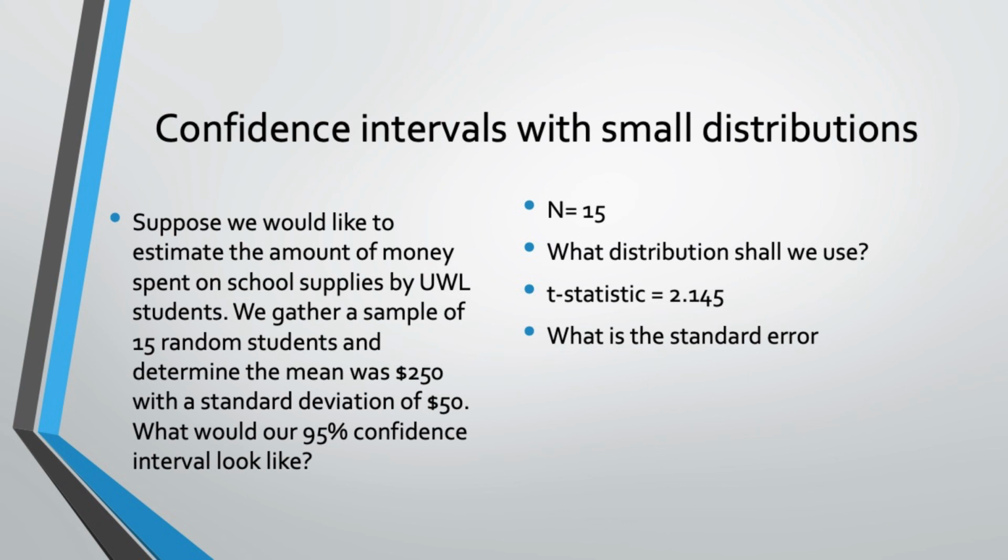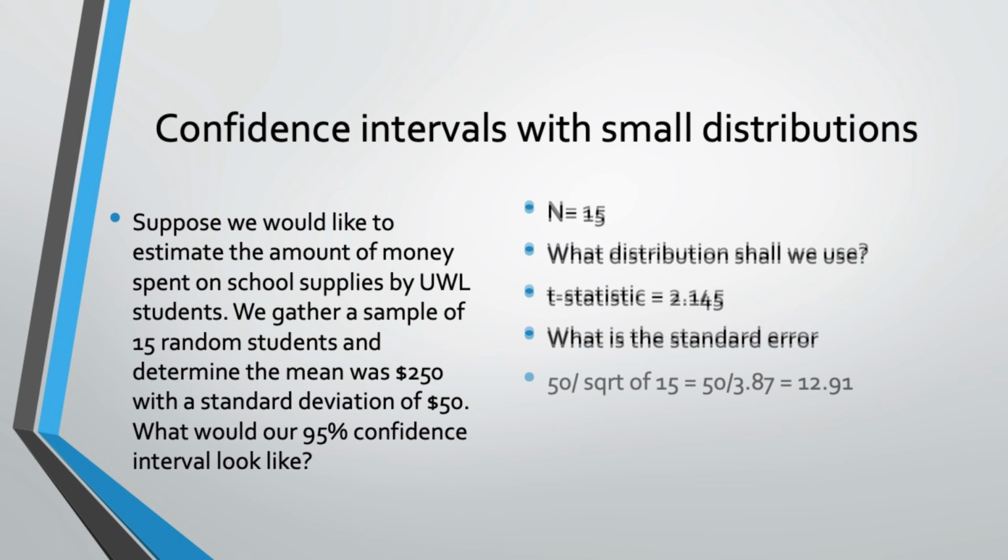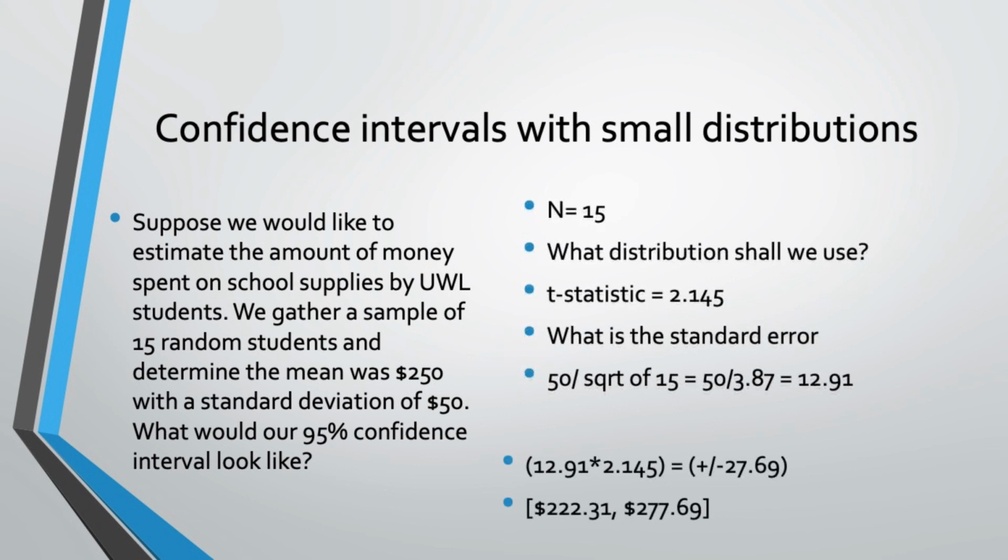Next, we need to determine the standard error. So we already know that the standard deviation is 50. We need to divide that by the square root of the sample size, which is 15. So the square root of 15 is 3.87. We take 50, divide it by 3.87, and that gives us a standard error of 12.91. Now we have all of our values. We just need to multiply the standard error times our critical t statistic. So that's 12.91, the standard error, times 2.145, which is the critical t value. And when we do that, we get a value of